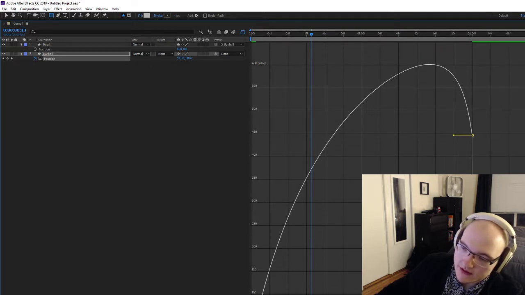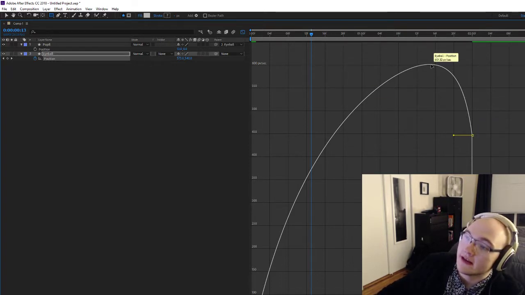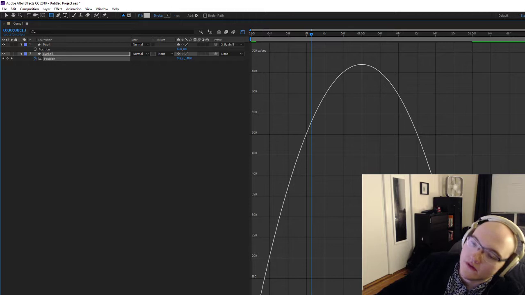It's probably pretty small to see, but at like 2 pixels a second down there. And then by the time you get up to here, it's moving really fast. It's moving 600 pixels a second. And then I'm going to do the same thing. I'm going to select that keyframe and hit F9. And so now what I've done is I've created an ease out where it's easing out of its first keyframe